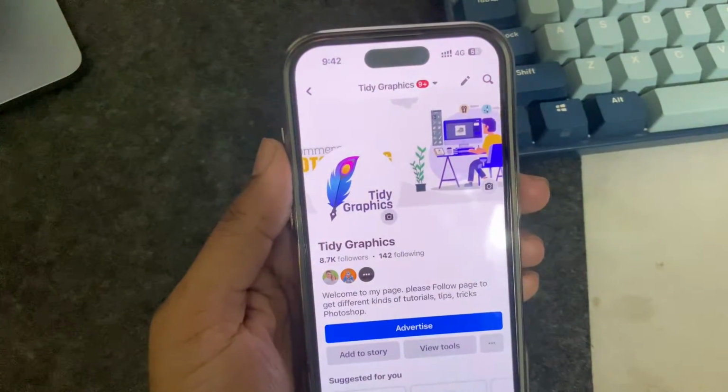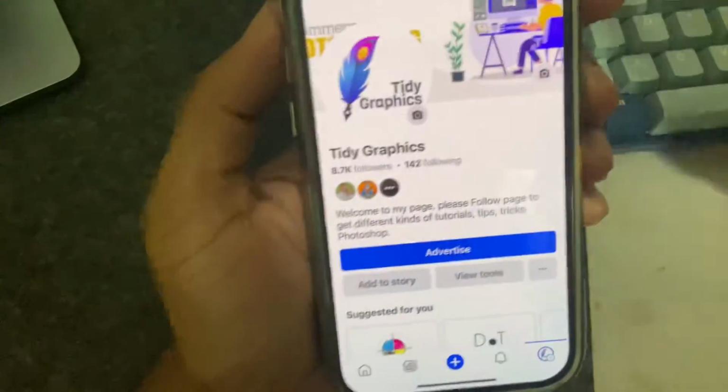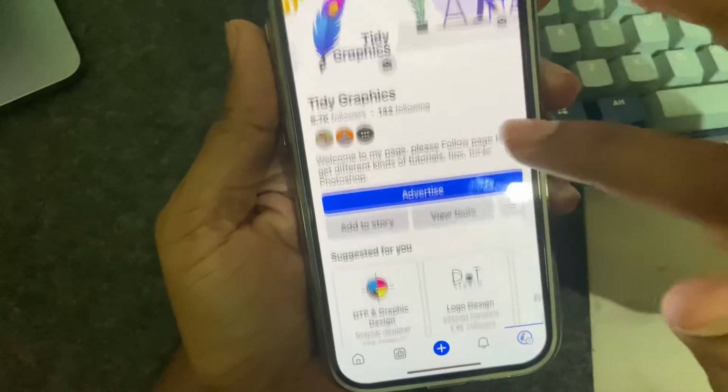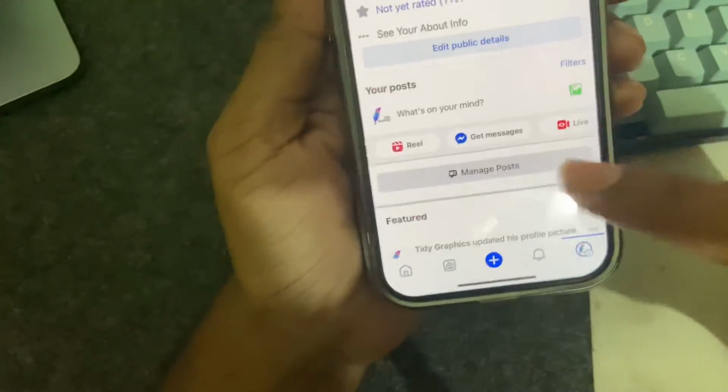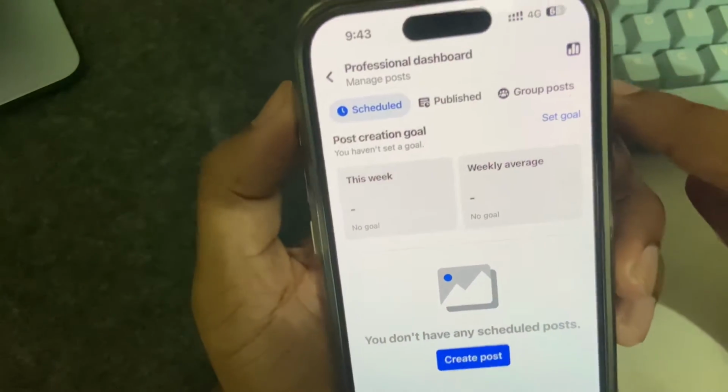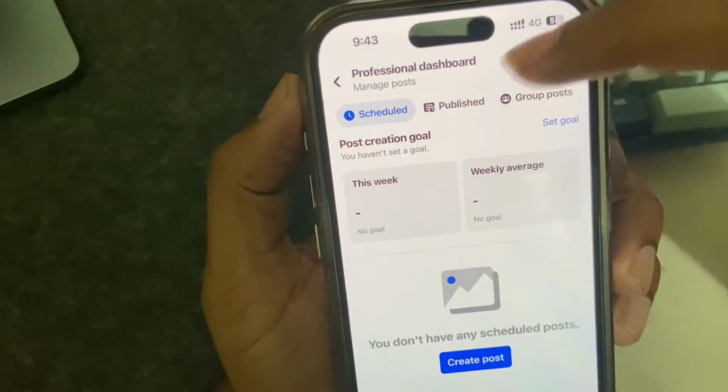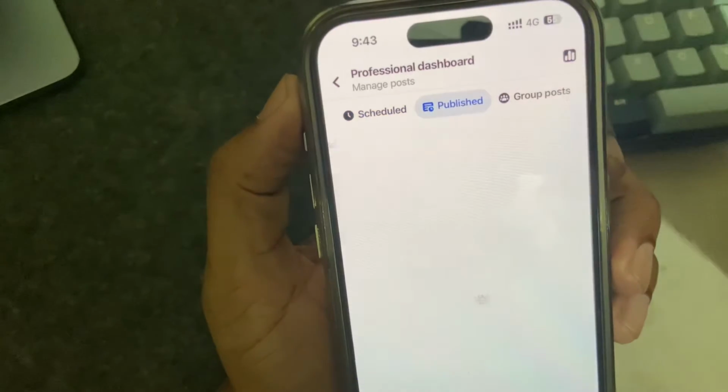So how to bulk delete posts in a Facebook page? Go to your Facebook page and scroll down, and then you can see Manage posts. You have to press on Manage posts, and then in the top right corner you can see Scheduled, Published, and Group posts. You have to select Published,